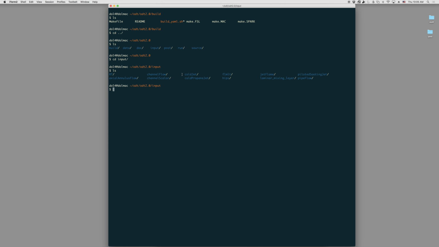So we can see here RT for Rayleigh-Taylor. We have an axial annulus flow, a channel flow, channel scalar, cold jet, cold propane jet, jet flame, piloted sitting jet, pipe flow. So if we go into, for example, the pipe flow,